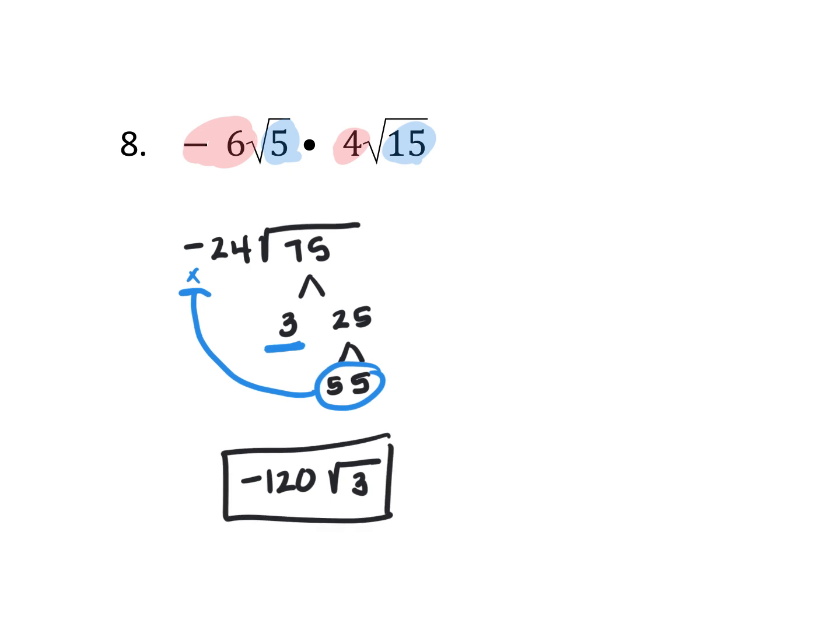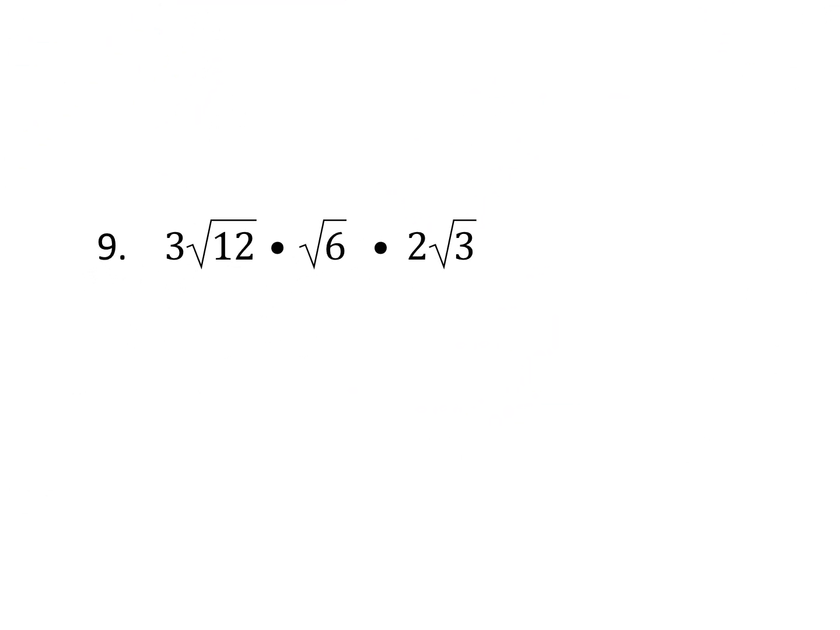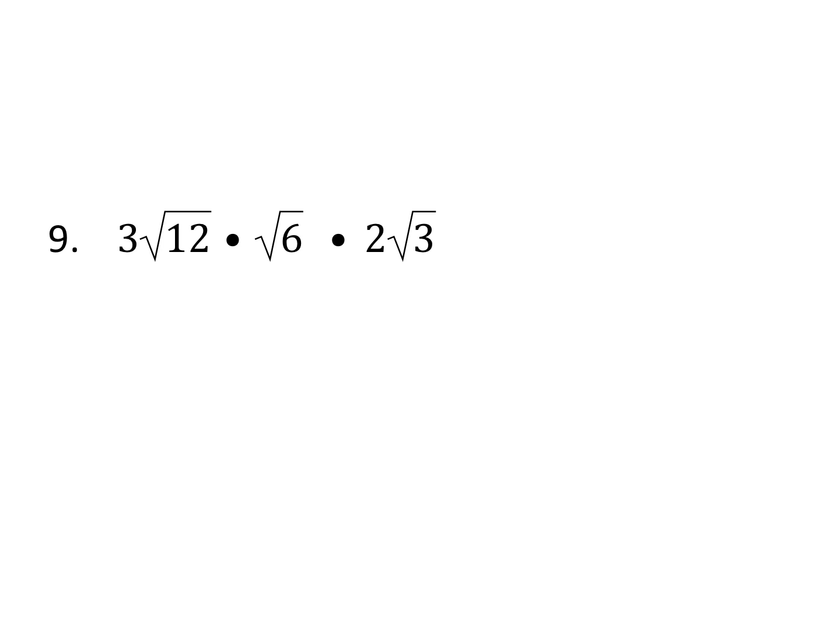Okay, let's look at number 9. We're going to do the same thing with number 9. I'm going to start at the front, and I have a 3 times whatever would be there. It would be a 1, so that's not going to change my 3, times my 2. So 3 times 2 is going to give me a 6. And then I'm going to take what's inside my radical. So I have a 12, I have a 6, and I have a 3. If I take 12 times 6 times 3,